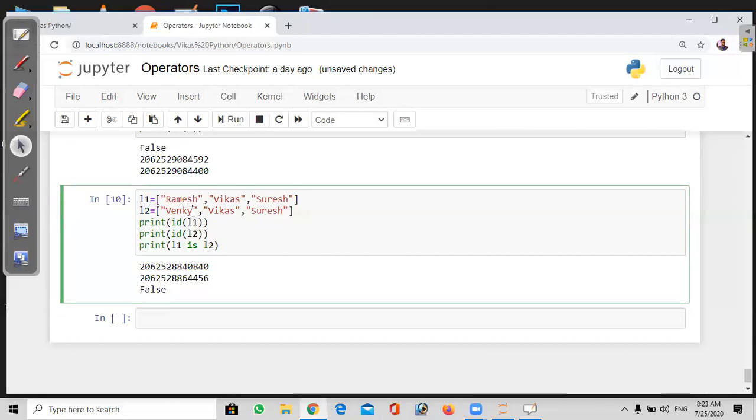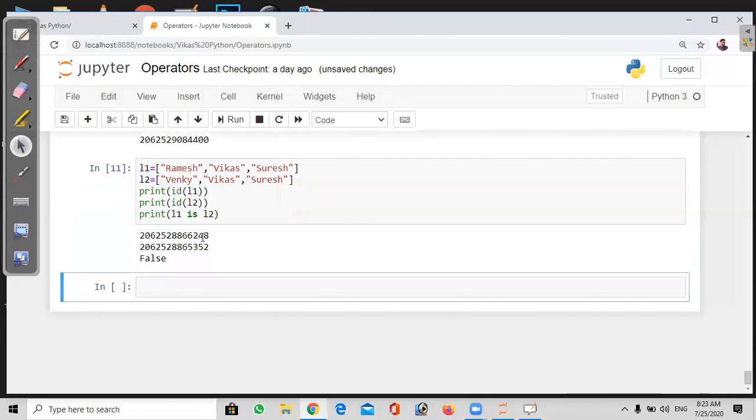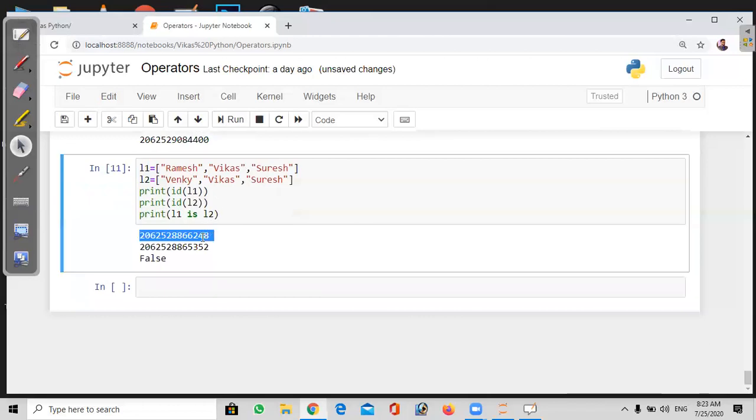Both the names, I'm trying to change. See here, 840 is the address of L1. When you run this one, 248 is the address. See, the address got changed. That means the storage location immediately changed. That is the storage location where this particular list of elements is stored.